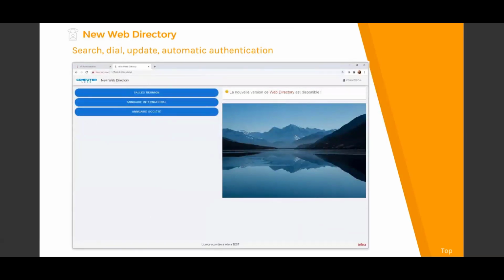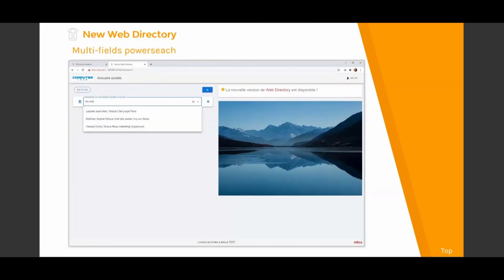This is the new web directory interface. You can customize it a little bit, changing the logo, the colors of the button, and the color of the background. You can also use a photo as background. And there is a photo of the week, which is automatically displayed, but you can also customize it with a corporate photo. There is a news item, which can be pushed by the supervisor at the top. And according to your rights, you can select different directories and search.